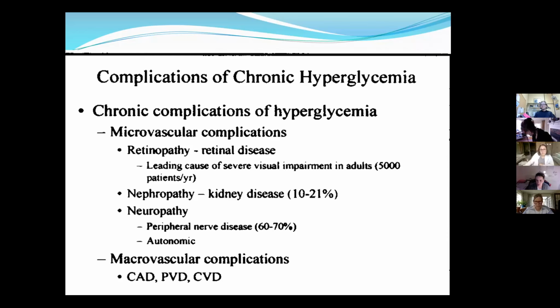Can I ask a question? Yes. So the buildup of glucose in the veins, is it the increased viscosity that causes all of this? It's not the increased viscosity. It's not the glucose in the blood that causes the damage to the vessels. It is the metabolic cascade of events that hyperglycemia causes. For example,